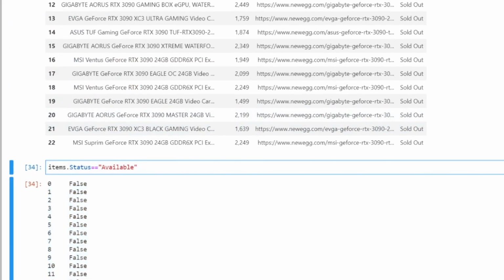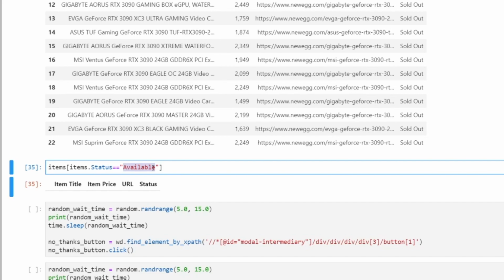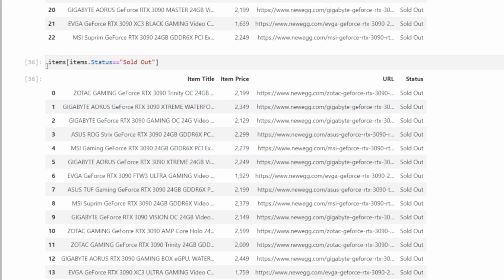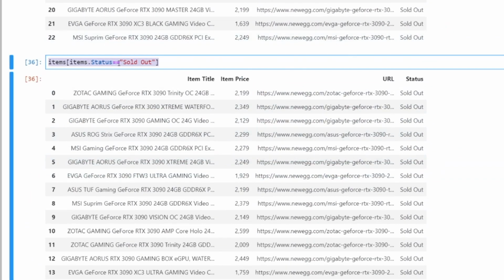By knowing this, we can just get all the items that match. Okay, there's none. If I just want to test this to make sure it works, I can filter from this table all the entries that have the status I'm looking for. Of course, I'm not looking for sold out, but I just wanted to give you an example.